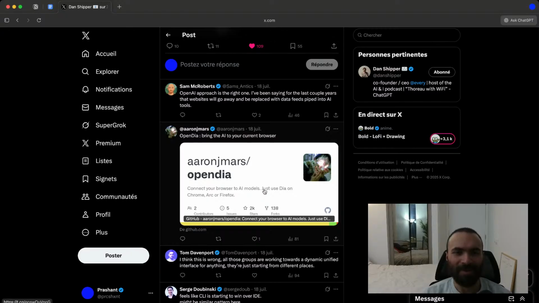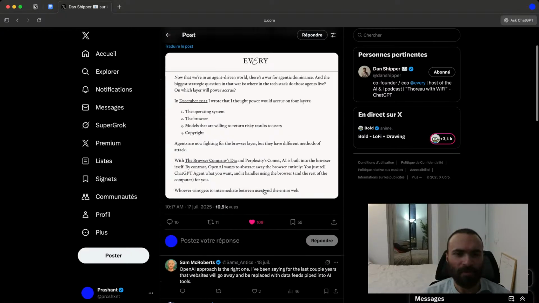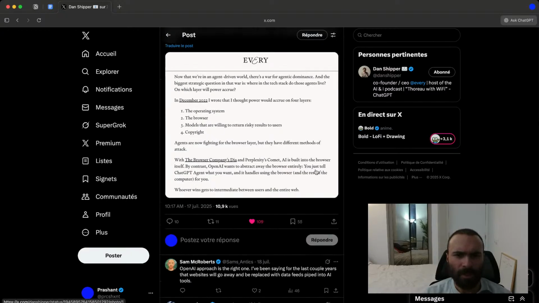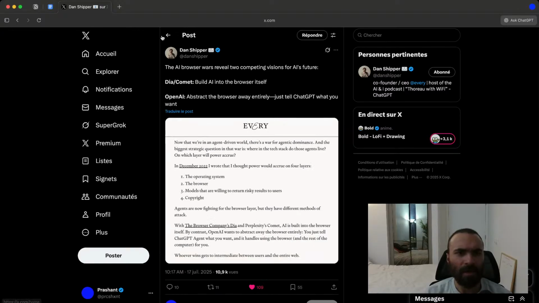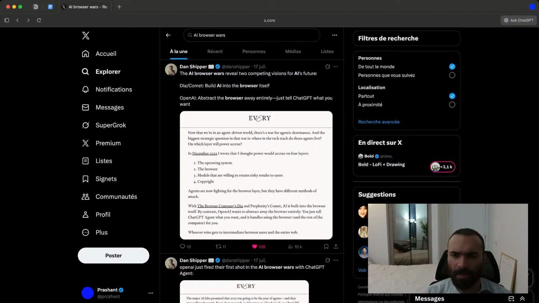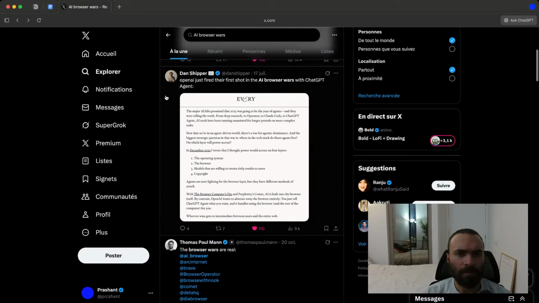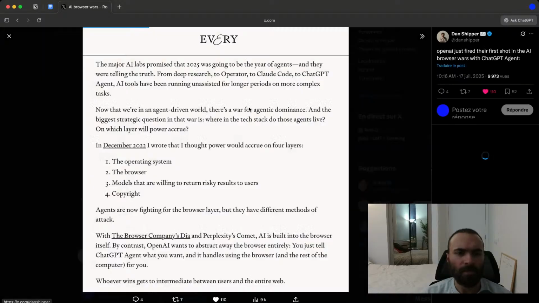Open Dia. Bring the AI to your current browser. Very interesting. But what is this? You just tell ChatGPT agent what you want and it handles using the browser and the rest of the computer for you. Whoever wins gets to intermediate between users and the entire web. OpenAI just fired their first shot in the AI browser wars with ChatGPT agent.